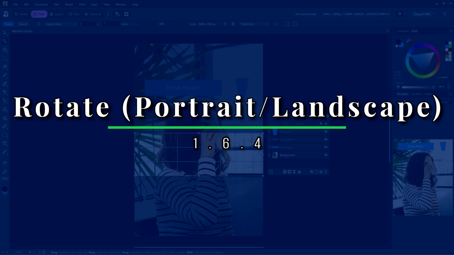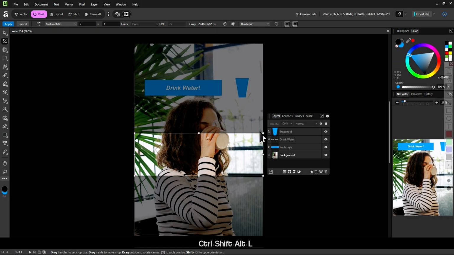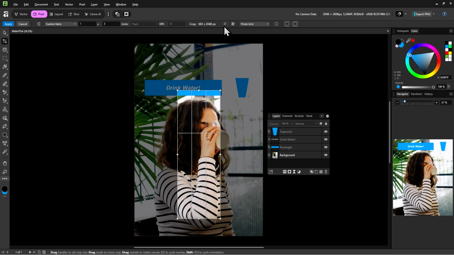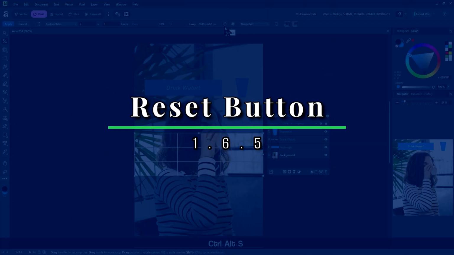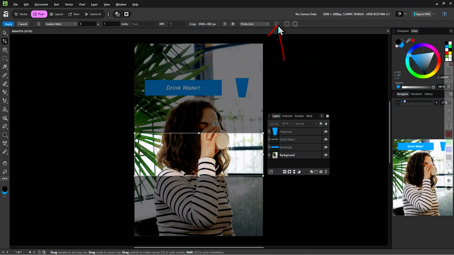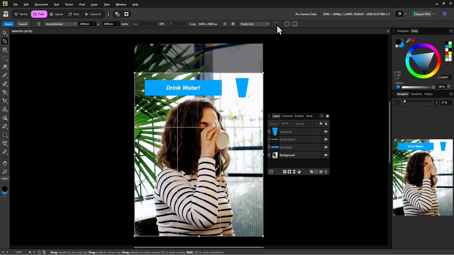And let's say you want the opposite of this, where it is taller, not wider. You would use this button here to switch your crop between taller or wider, which you might know as portrait and landscape. So click that once, we get a portrait crop. Once again, we get a landscape crop. Maybe you want to change it back to how it was before. There is this button to reset the crop settings back to what it was before we used the crop tool.